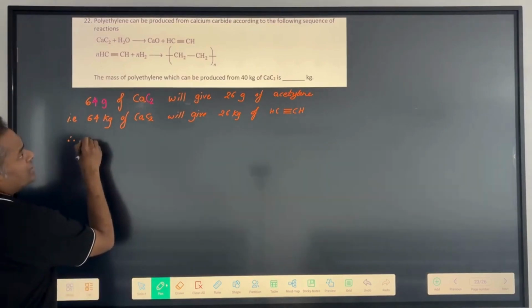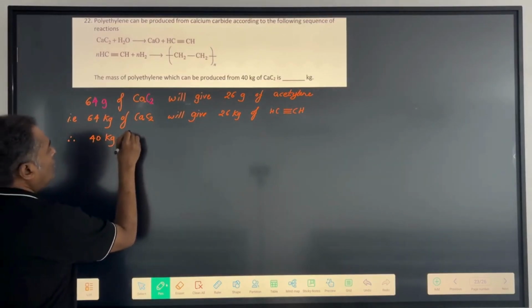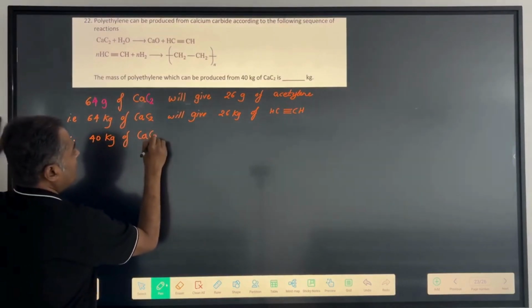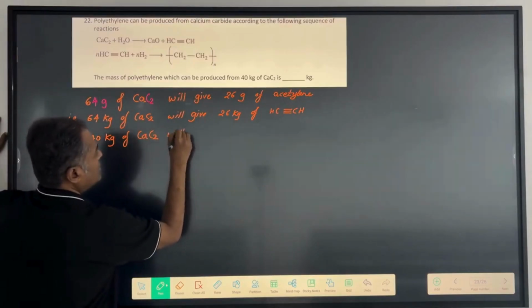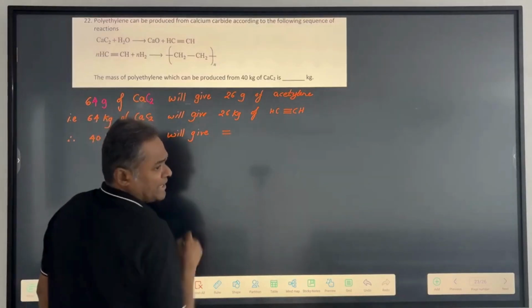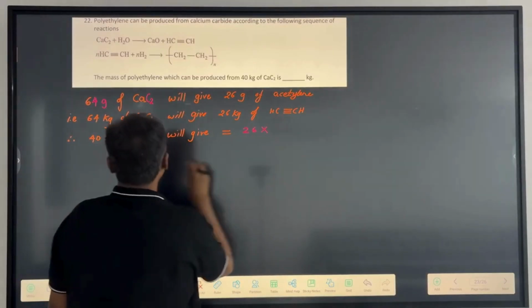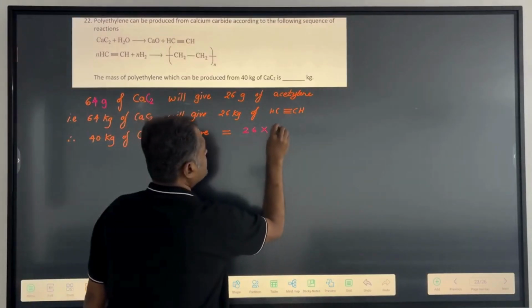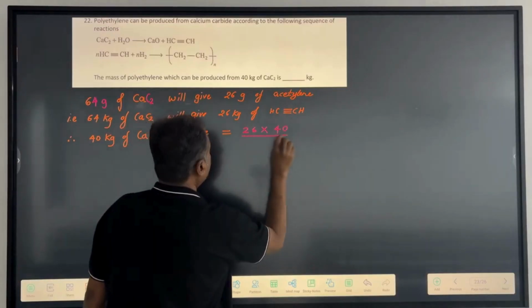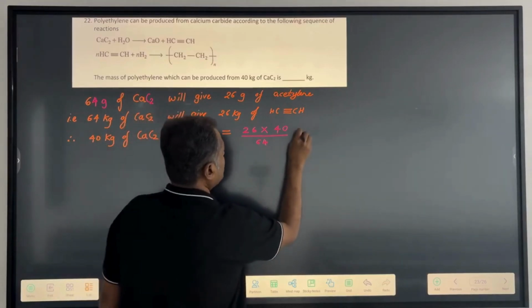So I'll take over here, 40 kg of calcium carbide will give how much? It's a simple cross multiplication child, 26 into 40 upon 64. This will give you nothing but